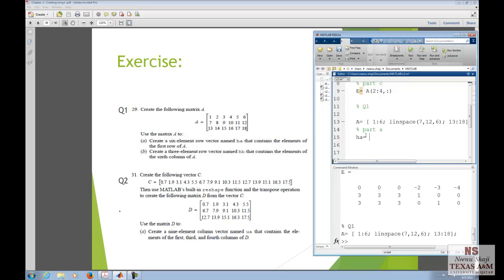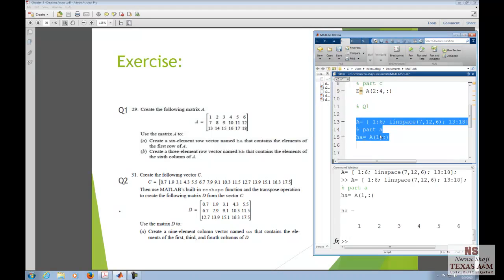You have to create a 6-element row vector named HA that contains elements of the first row of A. So A of first row, all columns. Let's check if it's okay. So that is the 6-element row vector. Part B,